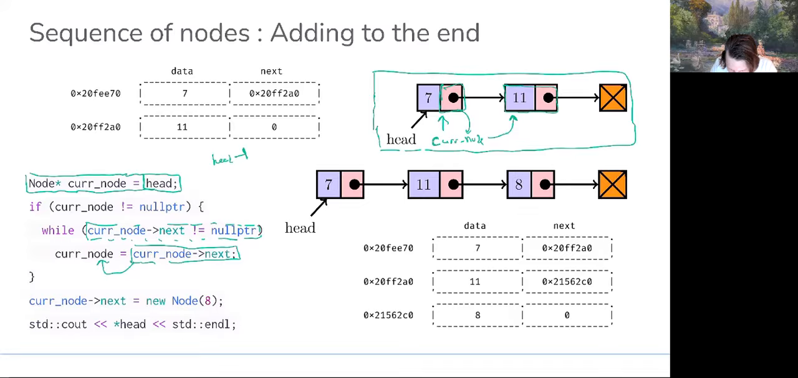Now at this point, our while statement is going to stop because its conditional is now evaluated false. Notice here that cur node's next is pointing to the null pointer. That means we have arrived at the end of our linked list. And at this point, we know where we're going to hook on this new node, or where we're going to attach it. So at this point, we can simply write cur node's next,